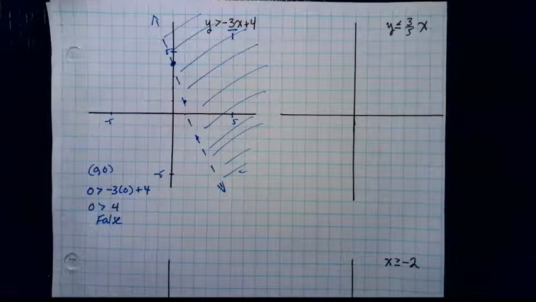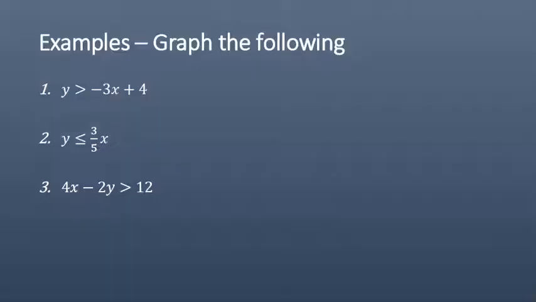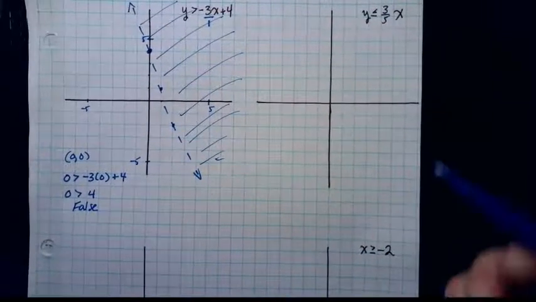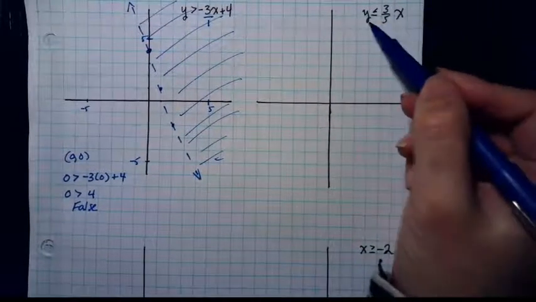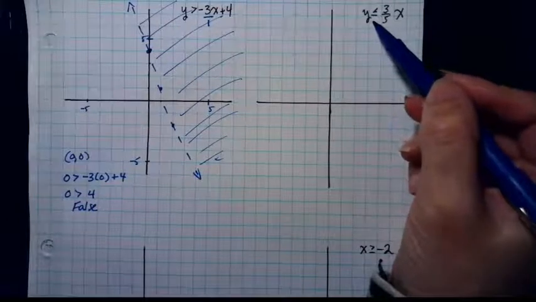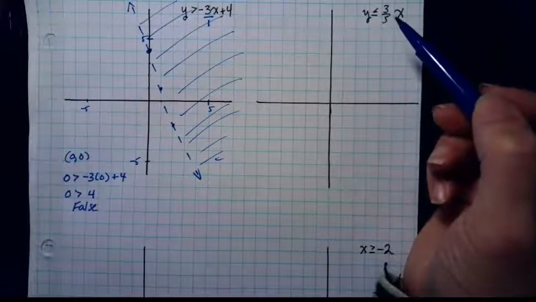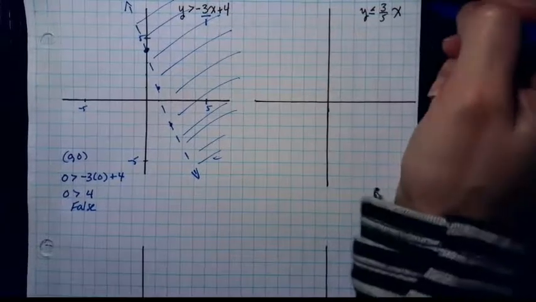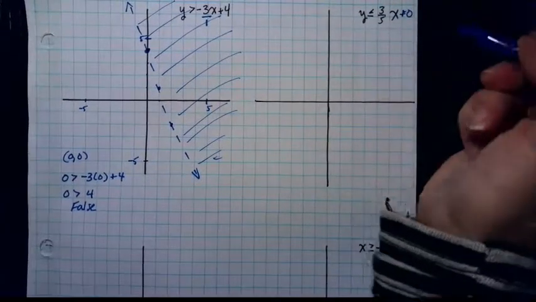All right, going to the second example. We have y is less than or equal to 3/5 x. Have that also on our graph paper here. All right, so that's the example that you see here. Again, y is already isolated, so I can use the slope and the y-intercept. I don't see a constant here, so that means that I could put in a plus 0,